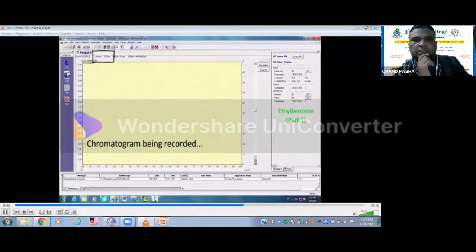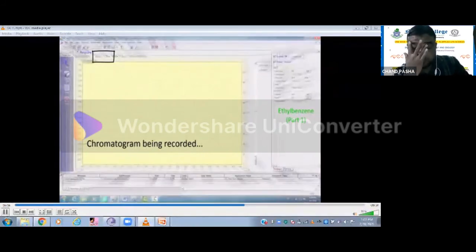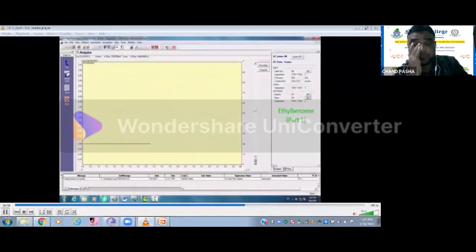The molecules are being separated based on the partition property between stationary and mobile phase, and the physicochemical properties of the molecules. Once they are separated and come to the detector, they will come out in the form of a peak.